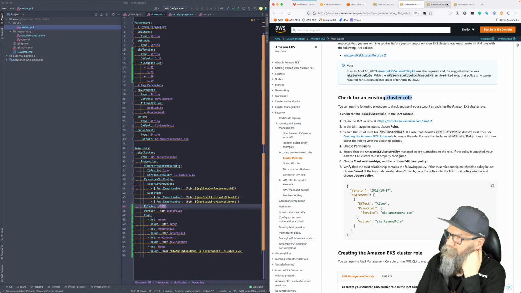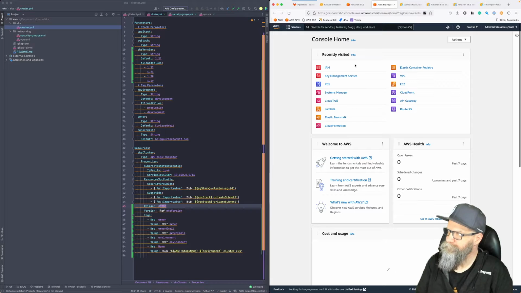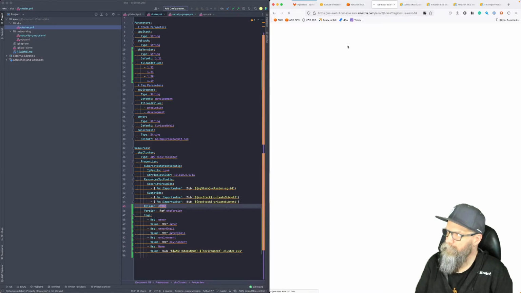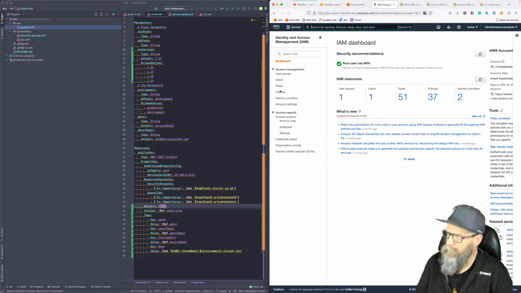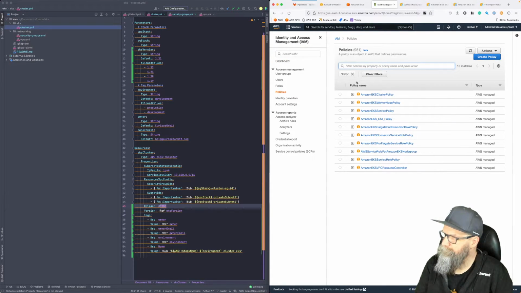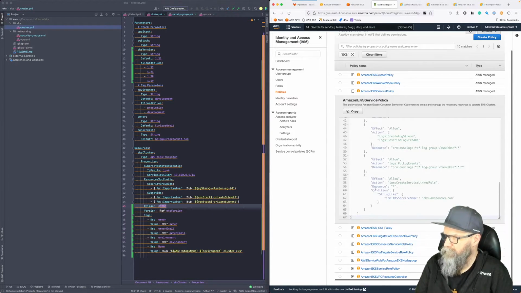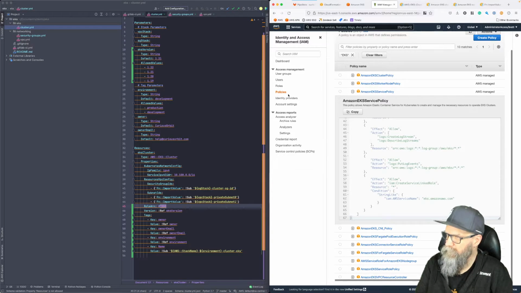Okay, so let's actually have a look at something here. EKS service policy. So this is the policy, not the role. Okay, so then if we go over here,